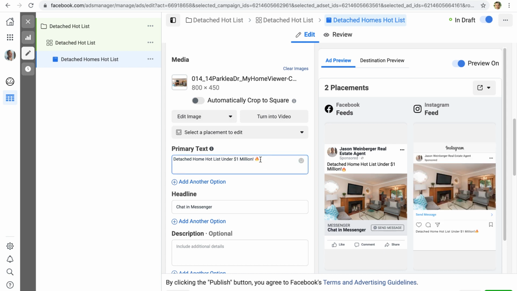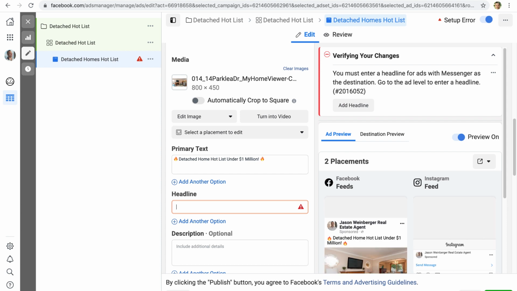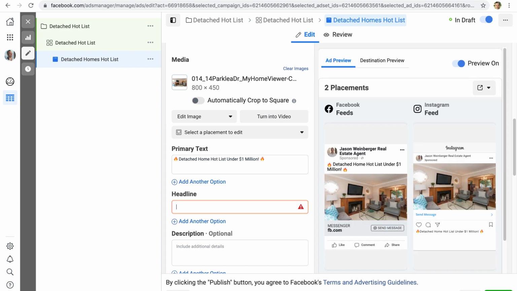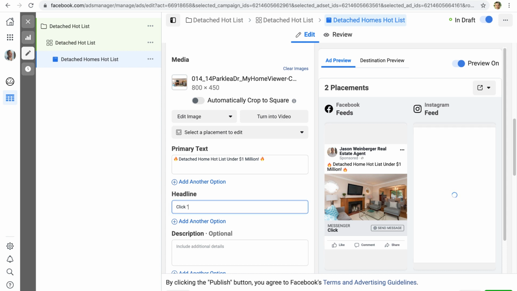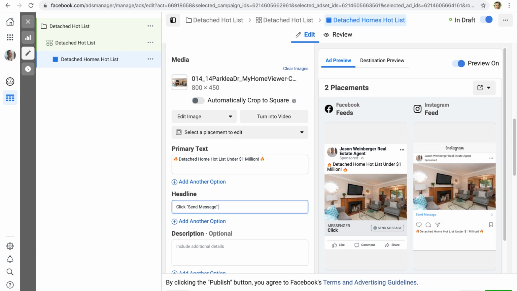So I'm going to put one here and then copy it and put one at the beginning. And then under headline, I'm just going to say click send message